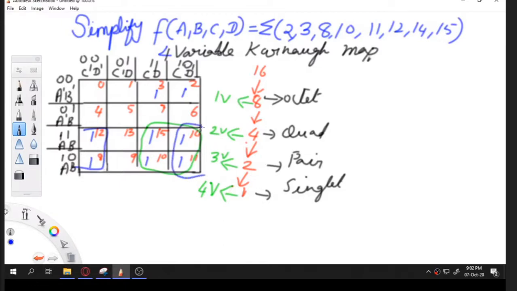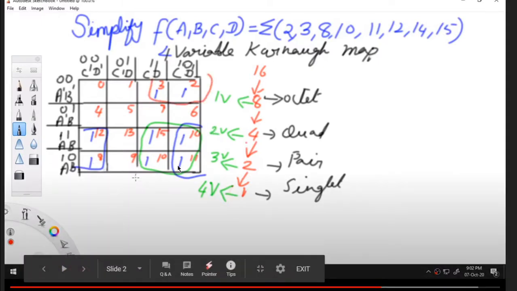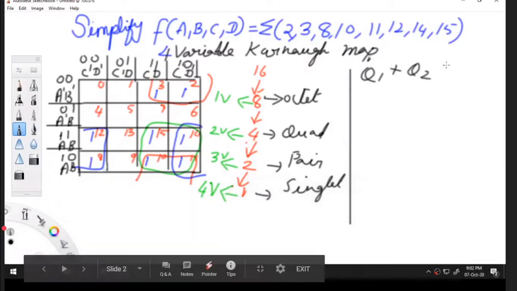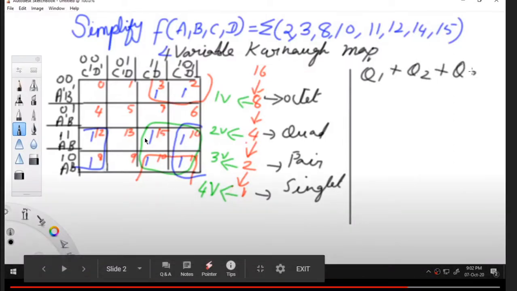If you roll this map, just imagine we are rolling it, then these 4 will form a group. Likewise, these 2 and these 2, when you roll vertically, will form a group. This is the way we have to find continuous ones, and sometimes they may be column wise or row wise. In this example the 4 ones are in square positions, but they are obtained by rolling the map vertically and horizontally. So we have one green quad, and I have used different colors to make a difference.